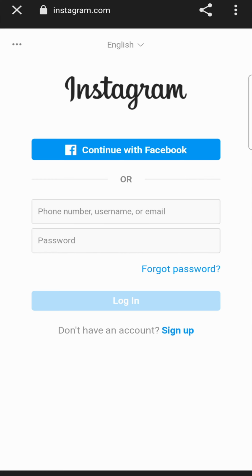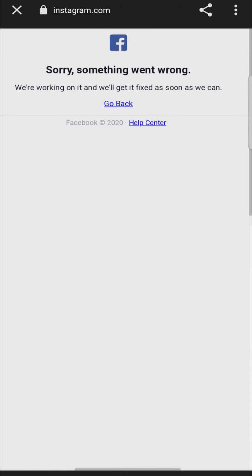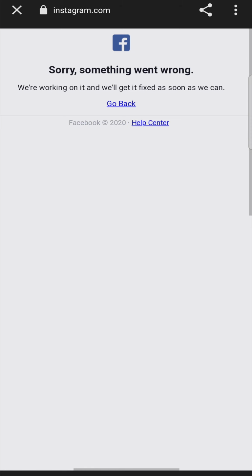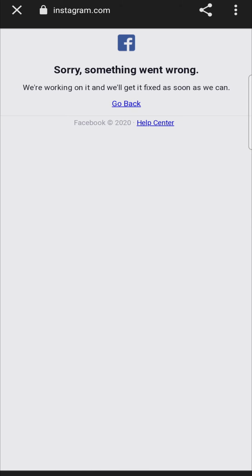That'll take you to the Instagram login screen. So I'm just going to enter in my information. Okay, so I filled in my information. I'm going to tap on login. Okay, so for some reason, it doesn't let me do it right now. Let's see what it says. We're working on it and we'll get it fixed as soon as we can. So it looks like it might be a problem with the Clubhouse and all on the Instagram side, but that